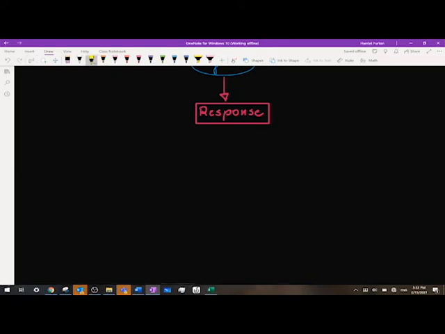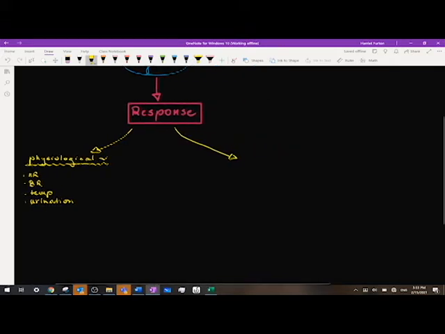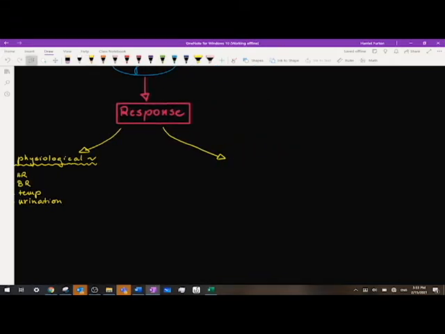The response can be a physiological response that happens inside of the organism's body, such as increasing heart rate or breathing rate, or decreasing it, changing the temperature, or the urination process increasing or decreasing, depending on. Another type of response is behavioral response